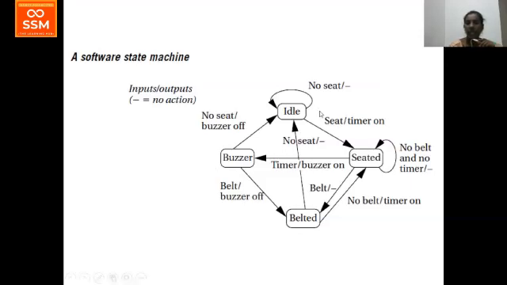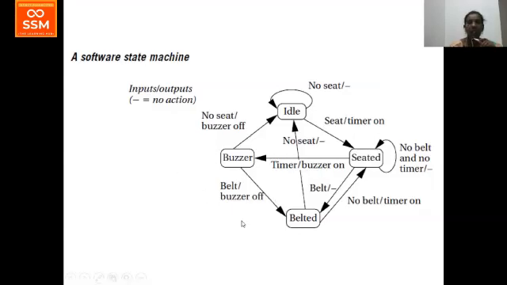Initially the seat belt system will be in an idle condition, so no person is seated. Next, the sensor will sense whether a person has come and is seated or not. If seated, it checks whether they are wearing the belt or not. If they are not belted, then the timer will be on for a particular time interval, then the buzzer will be on. So it indicates to wear a seat belt. In the second condition, the person comes and is seated, and after that they immediately wear the seat belt, then the buzzer will be in an off state.